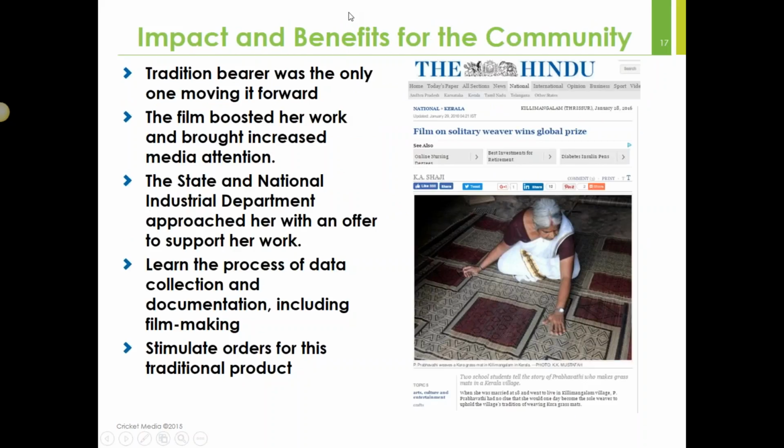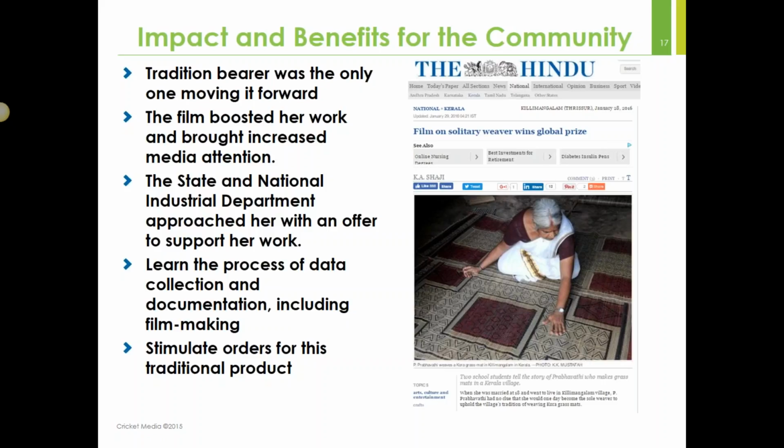The next slide, probably we can see what the community gained from that actually. So as I mentioned in the beginning, when we approached this challenge, we had two goals in front of us. One is what the student community can learn from this challenge. Second is what the community can benefit with this film. So looking at the student side, of course, the students got good exposure and they were able to learn and understand